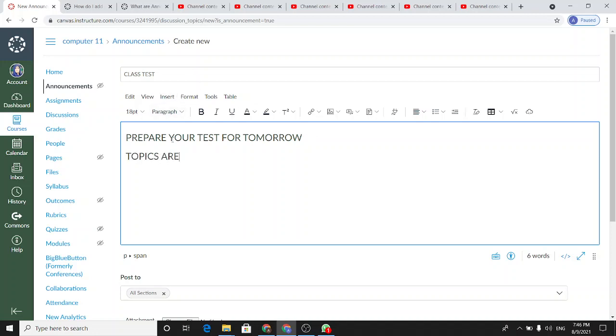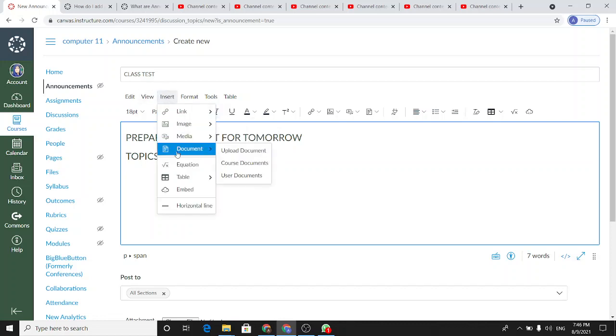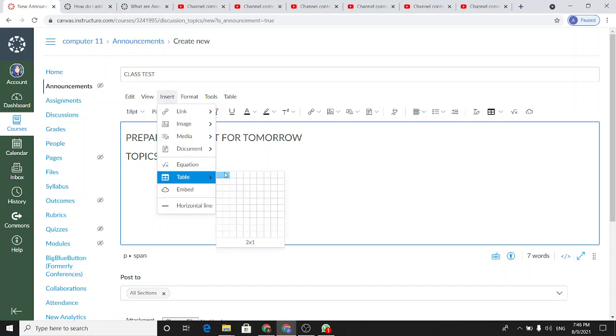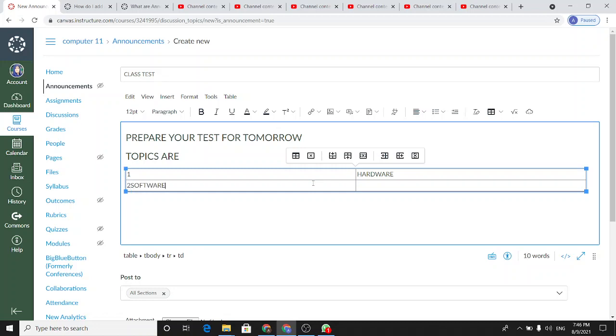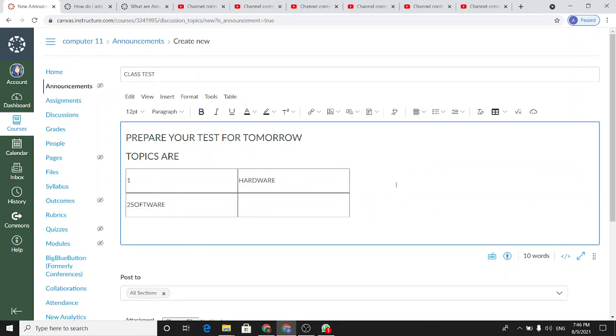Topics are, now I am inserting a table here. One, hardware. Second is software. I can set this like this, whatever setting I want.